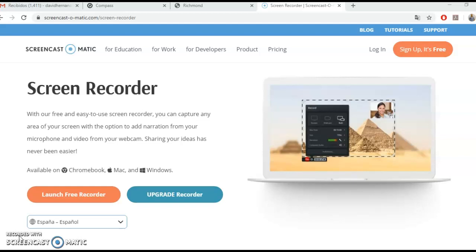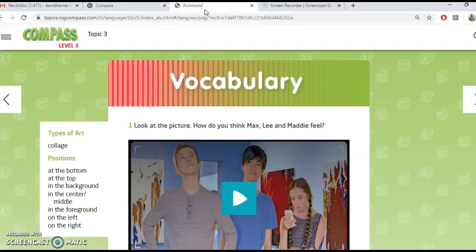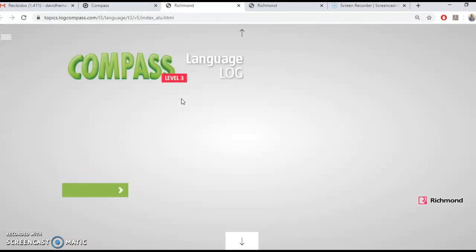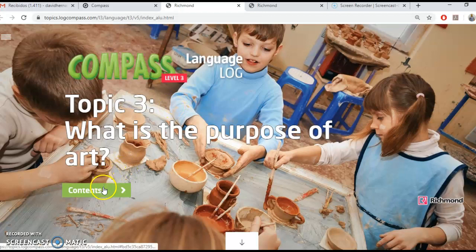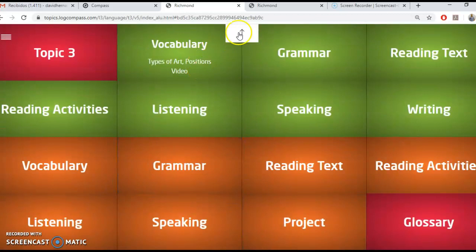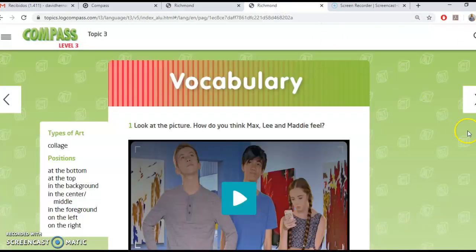So today I'm going to have for you the first practice of the topic 3 on the Logcompass. For that, we gotta go to the page 44 of our books. We choose topic 3, and then when it opens, we will choose the word contents and then choose vocabulary. What is going to open is this